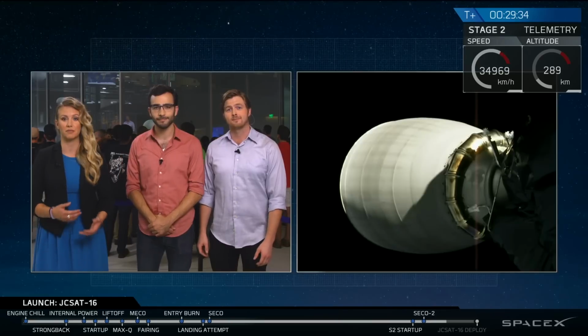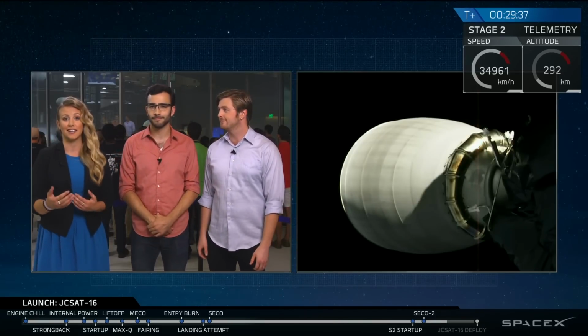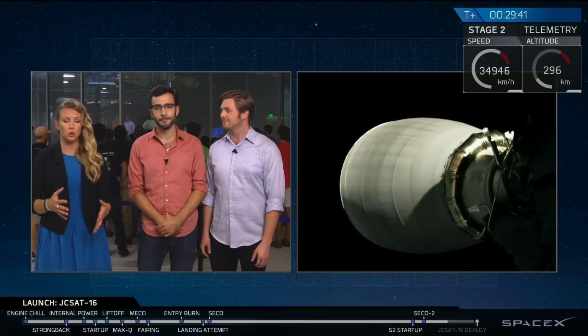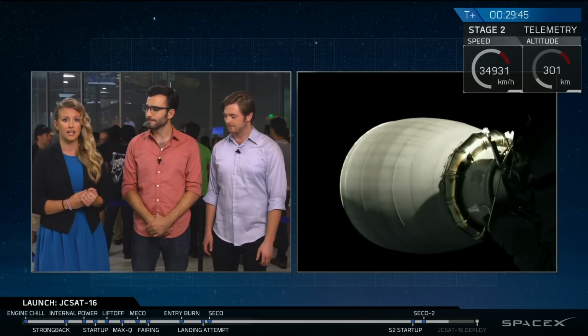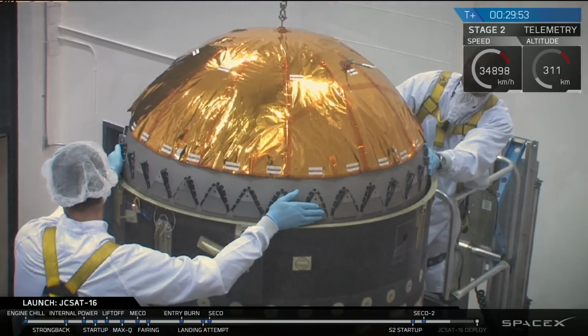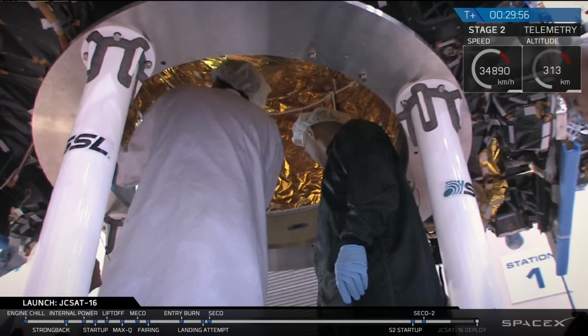Yeah, and like we said before, 36,000 kilometers, that's about 1/10 of the distance between Earth and the Moon. Now, there are some pretty cool technologies on board JCSAT-16. One that has been around for a while, actually, is something that we called an MLI, and that's known as a multi-layer insulator. And there on your screen, that's what you see as that gold reflective material, and it's quite